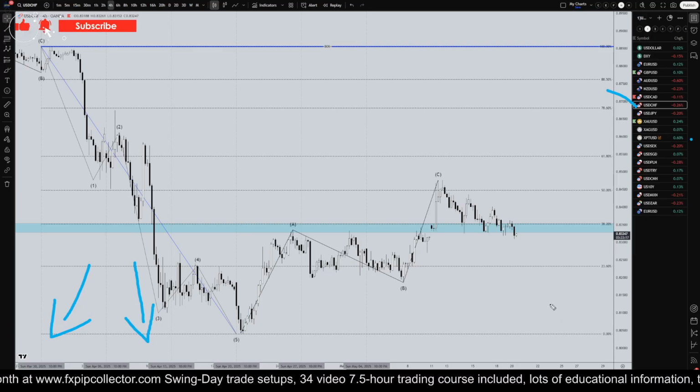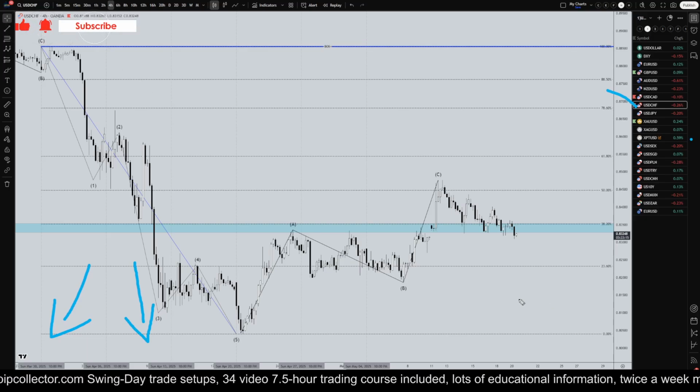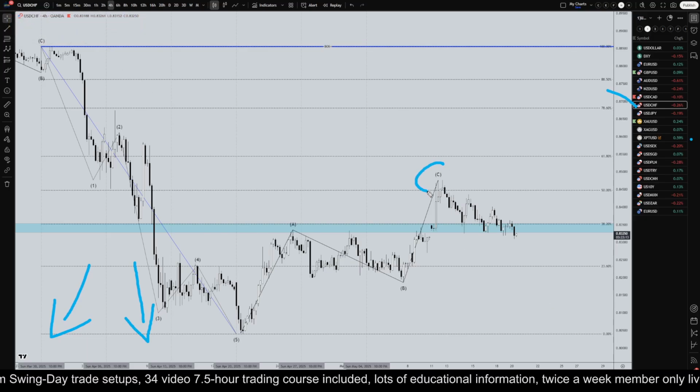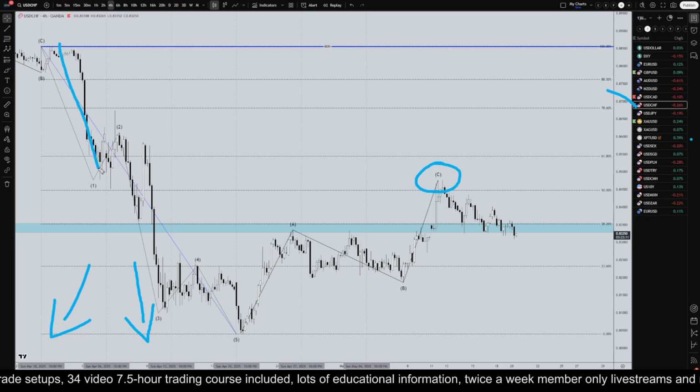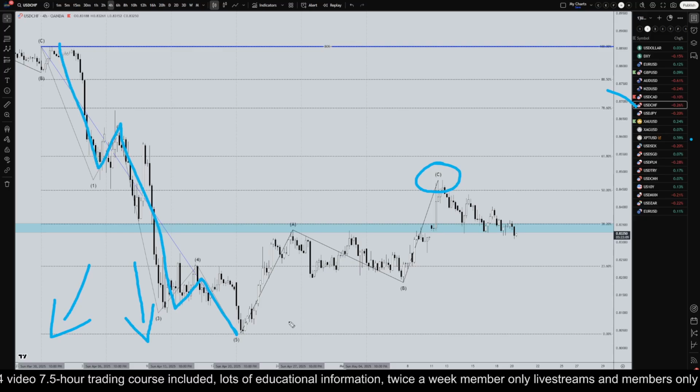So anyways, on the US dollar Swiss 4-hour time frame, I think this is still the end of a pullback right here, which is a pullback to the last 5 waves down. We definitely made 3 waves up to the 50% fib. Now it looks like it possibly could drift up a little bit more, but even if it does, I still